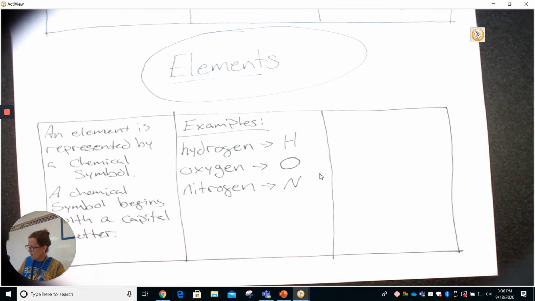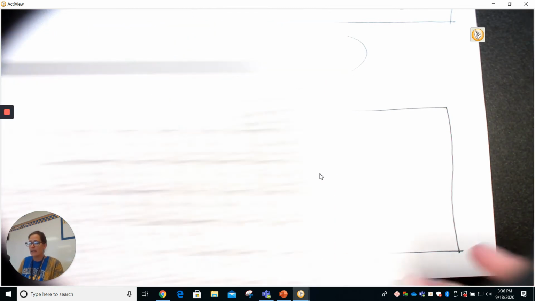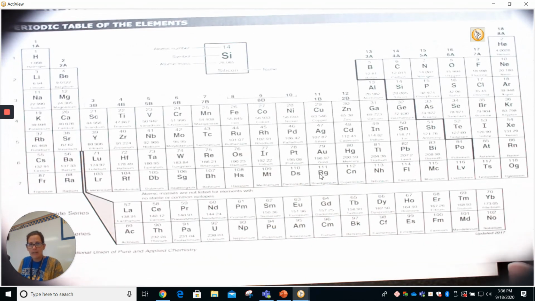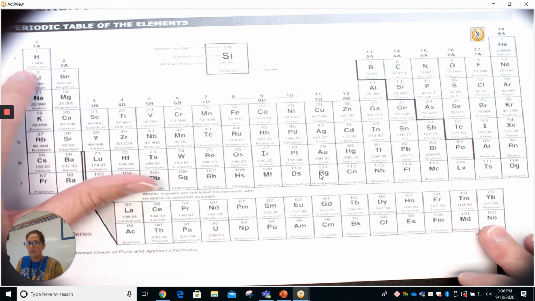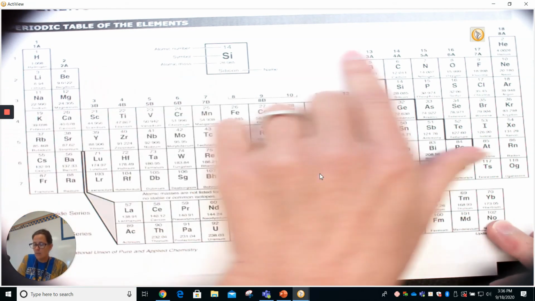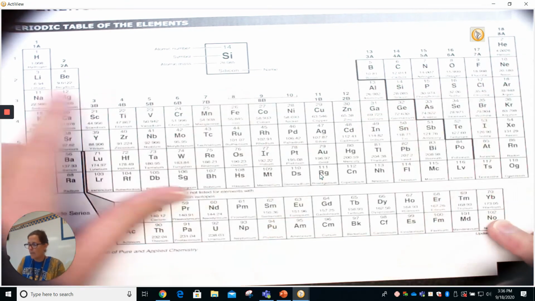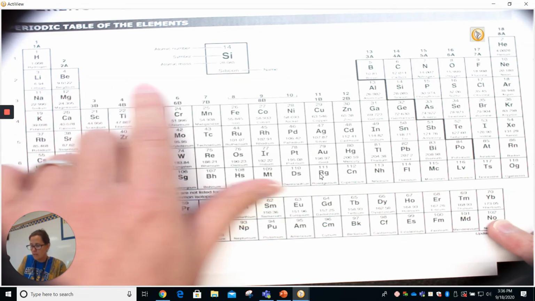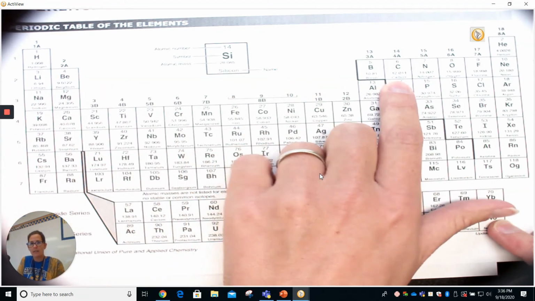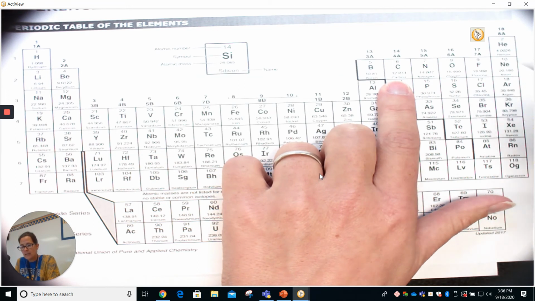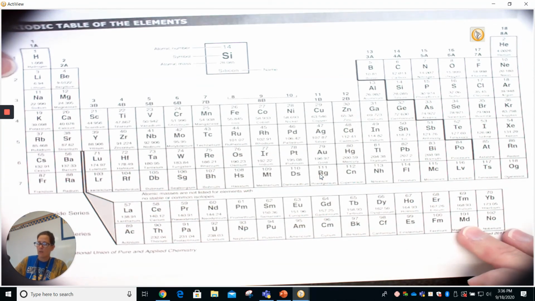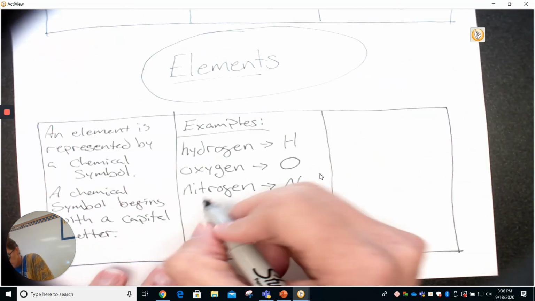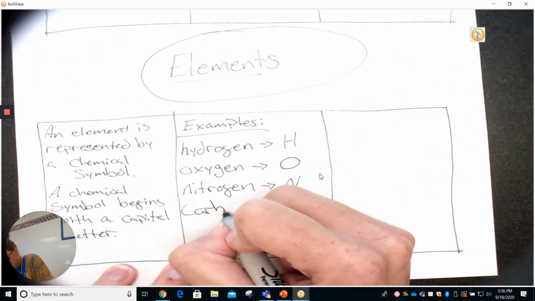Okay? All right, the last one we're going to talk about for this box right here is carbon. So let's look at our periodic table here. Let's look for carbon. So like I said, we're going to start up here on the top left, and we're always going to move to the right. Okay? Next one down. Oh, and right there it is. There's carbon. So carbon is represented with a capital C. So we'll write carbon here